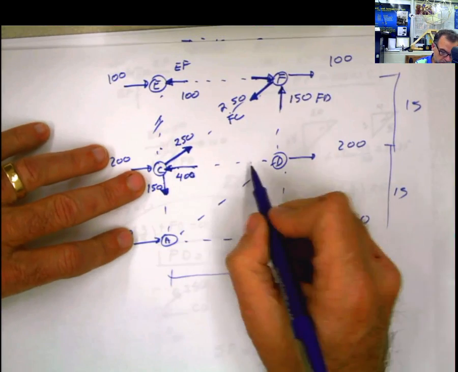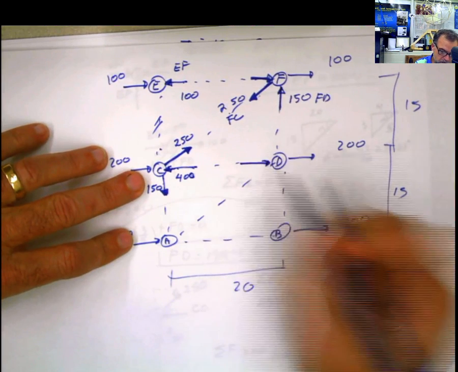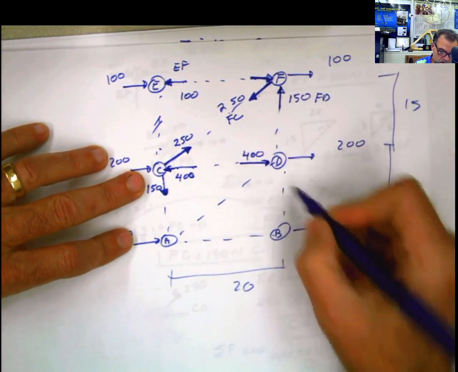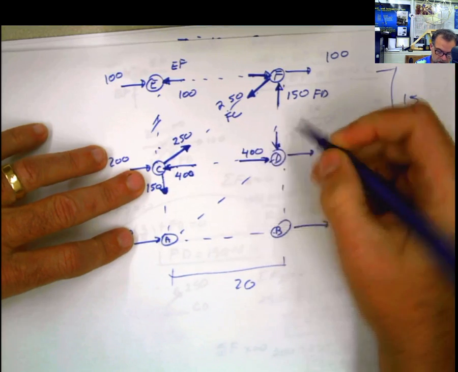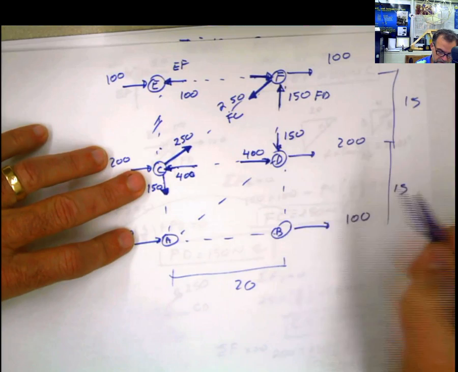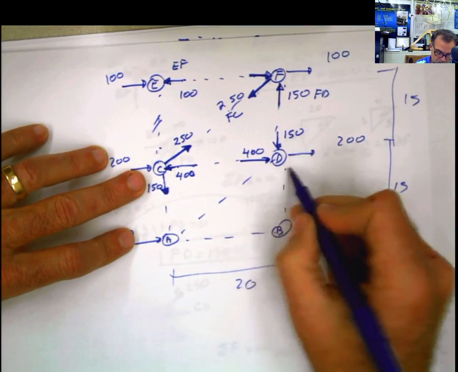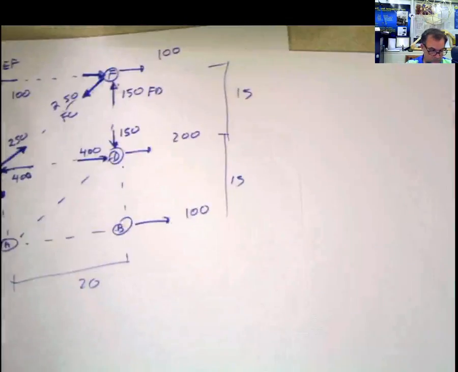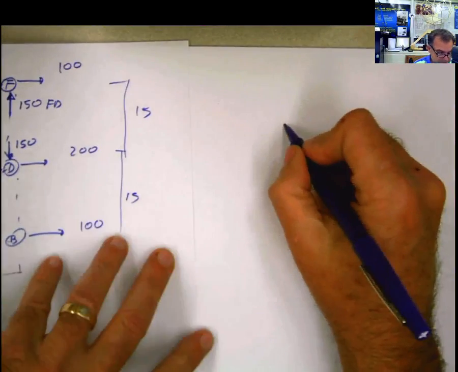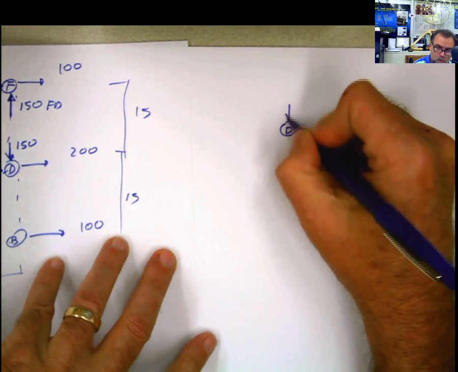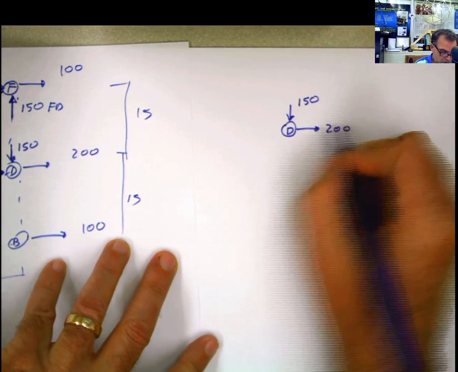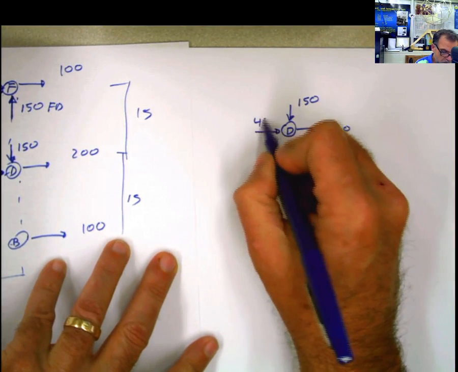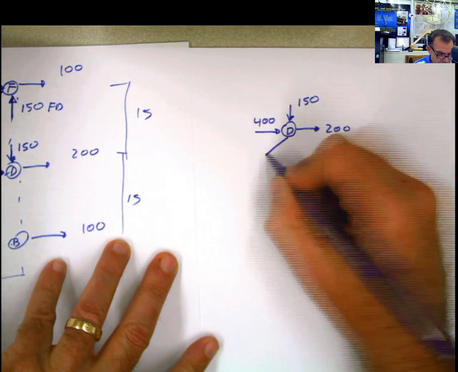Now let's keep going. This bar goes here, that means this is 400 also, and this one was entering at this joint, that means that it's going to be entering also here, 150. This force is 200, and I have these two unknowns here. Let's do that. The joint D, 150, 200, 400,